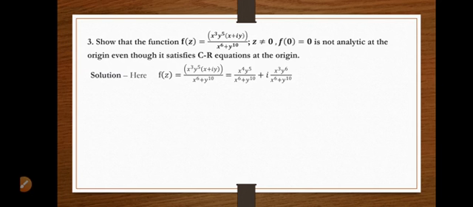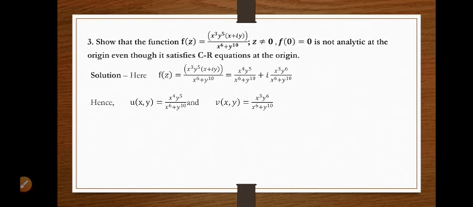So first write the given function as it is. Let us separate the real and imaginary parts of the function by actual multiplication in the numerator. So identifying u and v and then finding its derivative, you can solve this example. But to find the partial derivatives of u and v with respect to x and y, here we